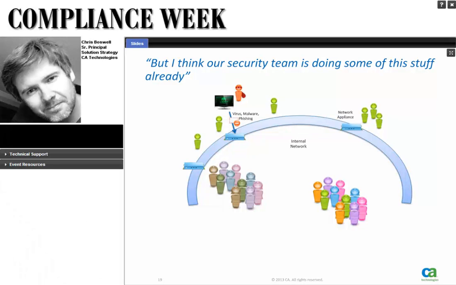Now, as we mentioned at the very beginning in the video, the primary threats that the security folks are worried about are the external threats. So first of all, they're going to have their messaging security gateways that are looking for viruses, malware, and phishing. But then they also may have some basic capabilities to block people from doing stupid things like sending social security numbers or credit card numbers outside the organization.